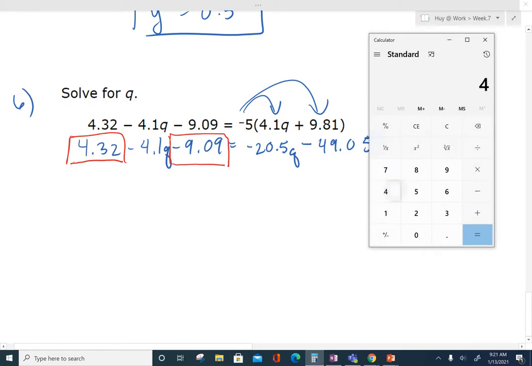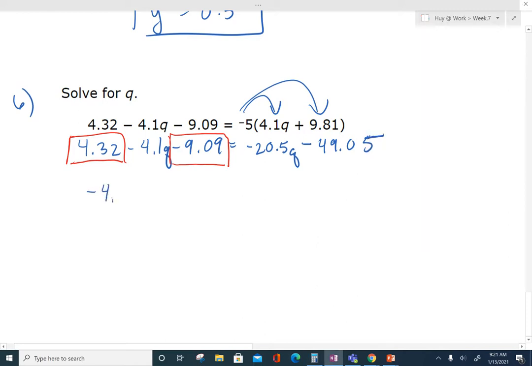We have 4.32 minus 9.09. That's a negative 4.77. All right, now we still have the minus 4.1q equals, and on the right side we just have the negative 20.5q